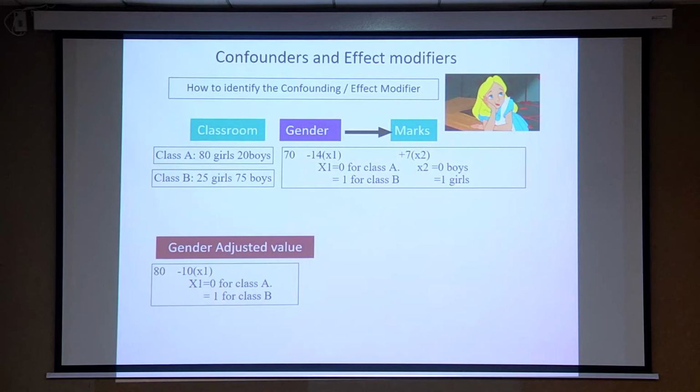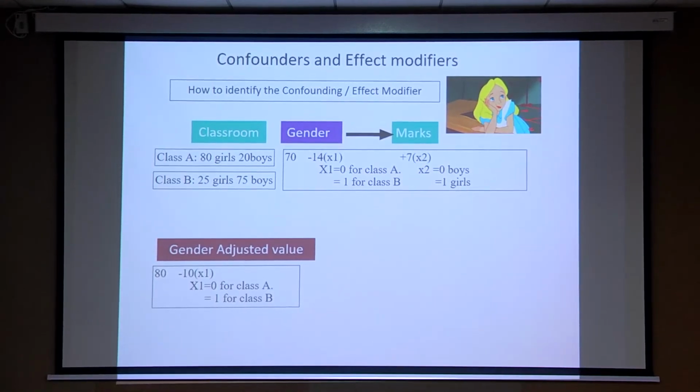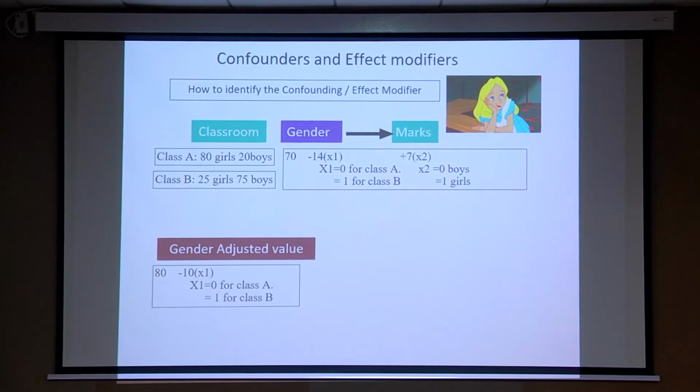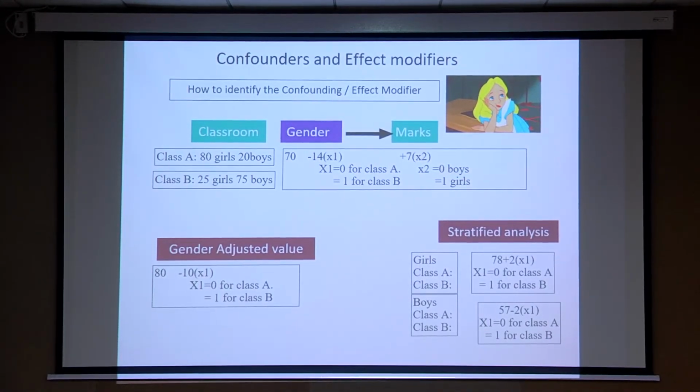That means gender has an impact. Gender is a compounding factor. If there is not much variation in the intercept and slope, then gender has no compounding effect. What else can we do?